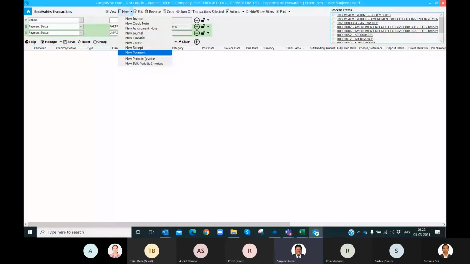In CargoWise, a periodic invoice section is also there. Suppose there are 10, 20 jobs and we need to send one invoice to a client against those jobs. So we can actually make use of new periodic invoice and post.